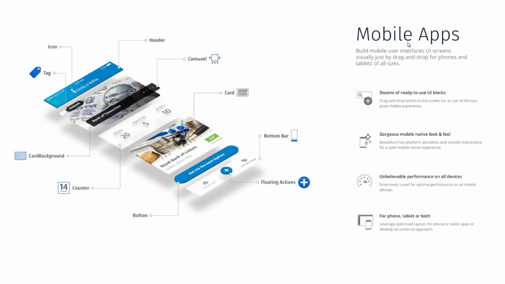So when we think about a mobile application, there is a screen that holds a lot of different information, and if we break that up, there are a number of different patterns or ways in which the data is being displayed. Sometimes there are cards full of data. That card may have a background with some sort of tag on top of it or some icon related to something that's going on. We can have different types of cards and buttons, and then different types of floating actions